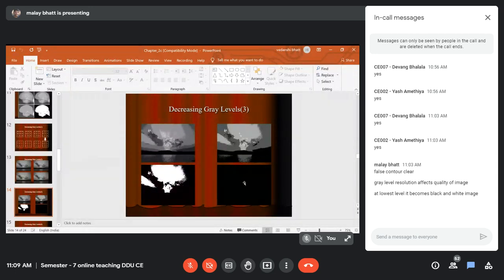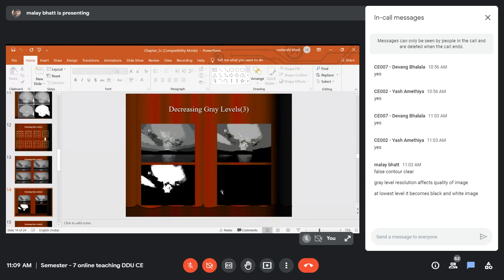If you consider 2 raised to 0, that will be 1. So m cross n cross 1. We have only one gray level, and that is pure black, where you cannot see anything. So it is a 1-bit image, then you can see a 2-level black and white image, either 0 or 1.